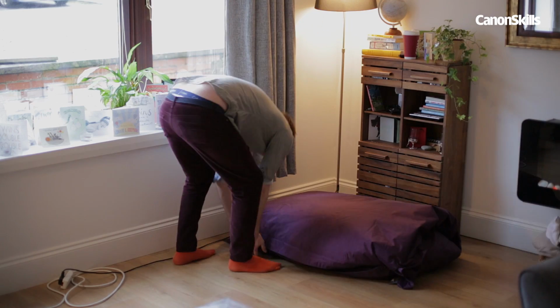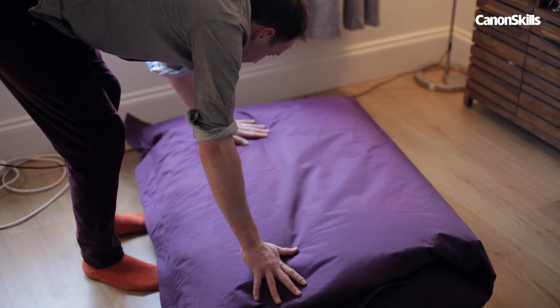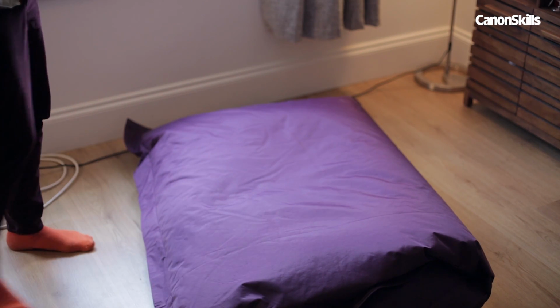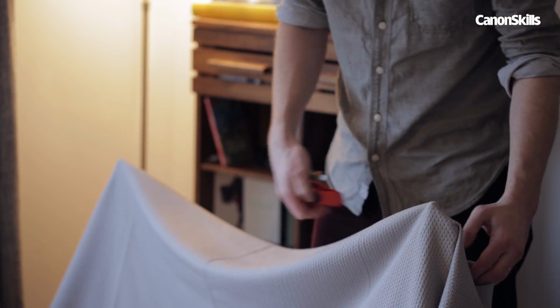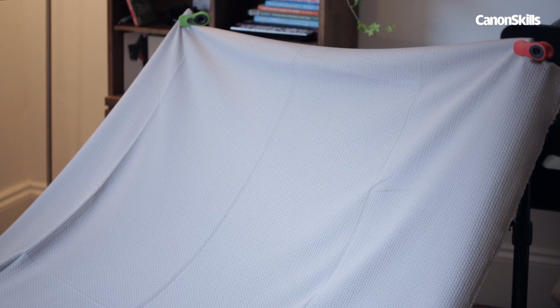The foundation is vital, as this will help hold the babies in place. Some baby photographers swear by dedicated beanbags, while others use cushions or even dog beds. I've got a soft beanbag here with a couple of light stands behind to hold up the blanket. Once the foundations are laid, we can clip the blanket over the top to create our makeshift newborn natural light